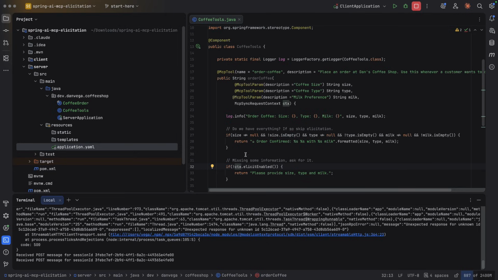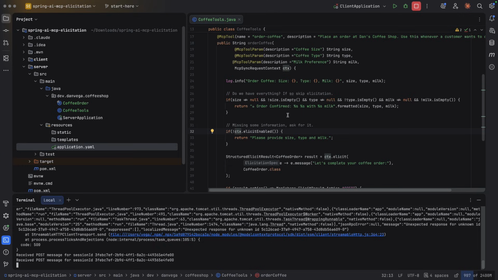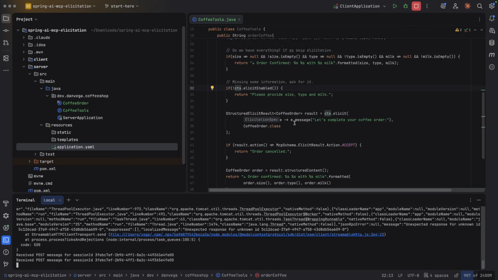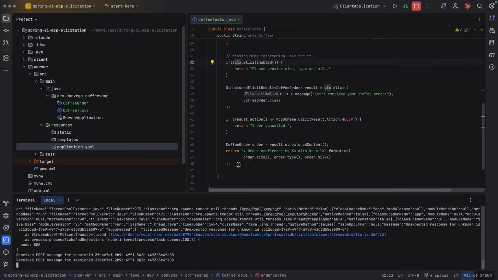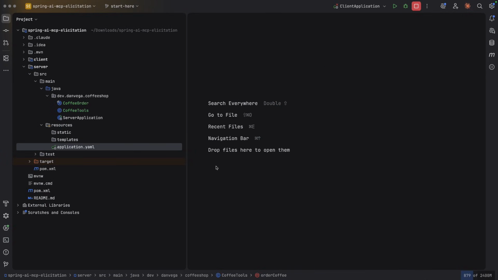If they're not, then we can go ahead and elicit the client for more information. Once we have all of the information, now we can go ahead and complete our task. Again, in this case, just printing something out, but you can imagine like actually ordering a coffee. Okay, so now that we have it working there, maybe we want to use this in a Spring AI MCP